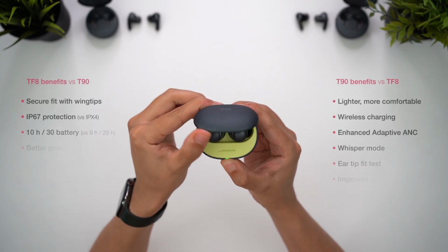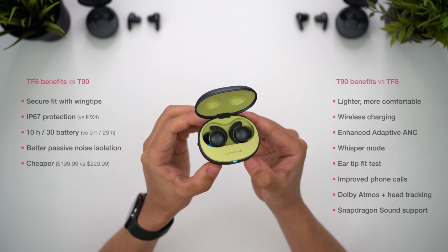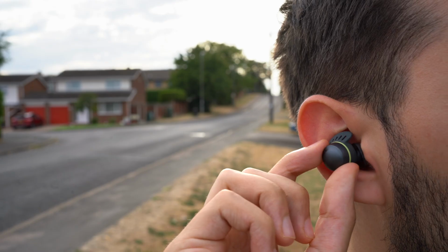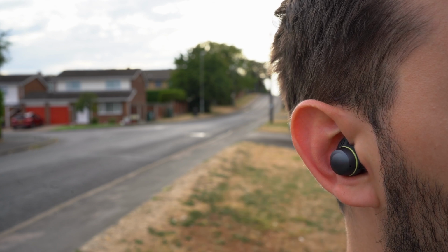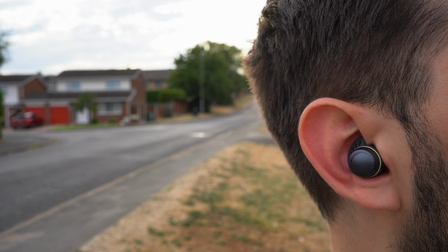As for the TF8, there's a small list of exclusive T90 features that the sports model miss out on, but none of those is a deal breaker in my opinion, and they still have pretty much all of the best features anyway. As a sports earbud, they actually perform really well. They have a very secure fit, great water and dust resistance, but they sound basically just as good as the flagship T90. There's really not very much to complain about, and these are definitely one of the best sports earbuds